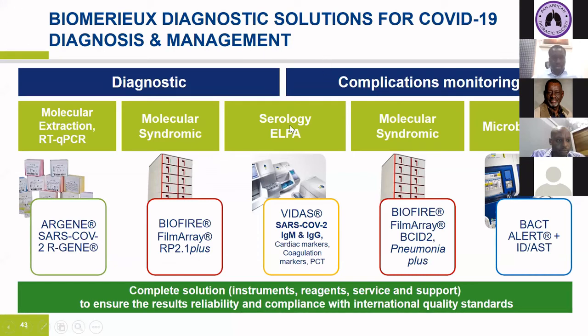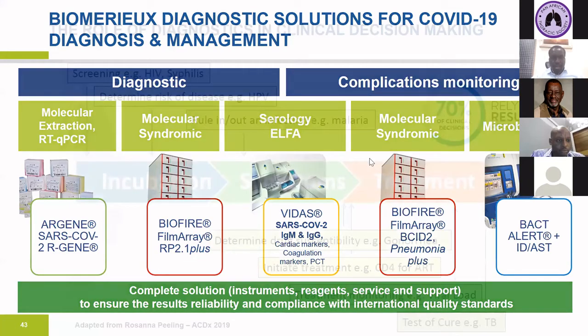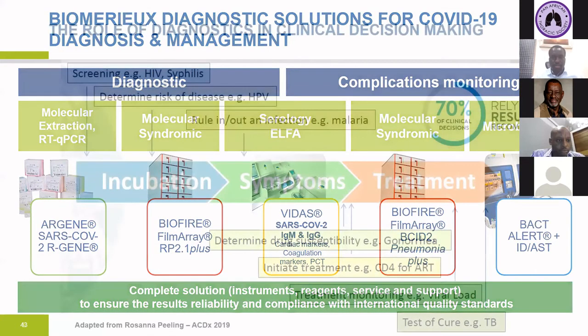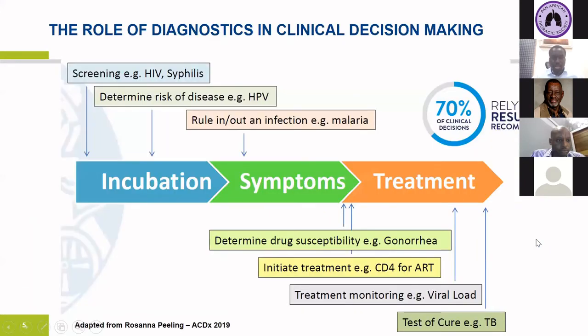But also we have serology, which is important from an antibody detection perspective for SARS-CoV-2, but also for other elements of immunoassay, such as the cardiac markers, coagulation profile, and PCT, which has been discussed by the previous speakers. And also looking at other tests, such as the blood culture, which has been also mentioned as a critical tool in monitoring the patient in front of you with COVID-19. So diagnostics are part of the puzzle in trying to manage patients with